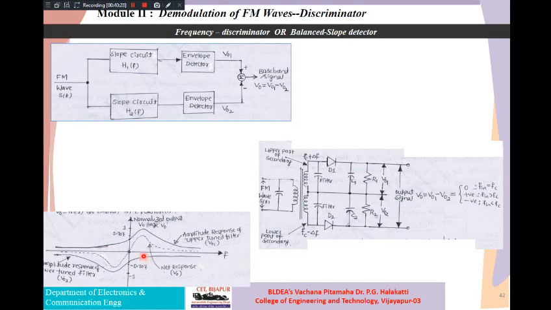That itself is going to tell us how reliably you are going to tune both the upper and lower secondary parts, how well you are going to achieve V01 and V02, and how well you are going to balance out both and finally extract the message. You can see here we are getting 0 when both are equal. When the input frequency is more than the carrier frequency, we will be getting a positive value, or else we are getting a negative value like this. So this is how, guys, you have to explain the operation of this frequency discriminator or balanced slope detector.